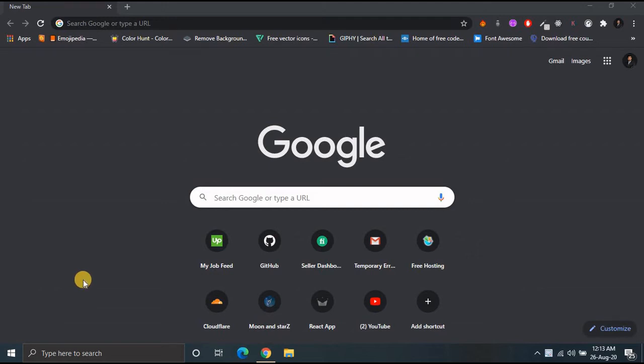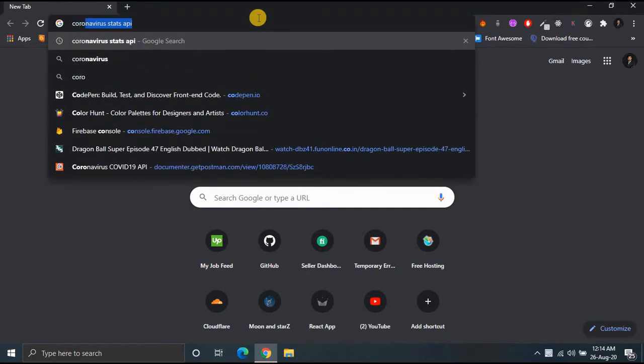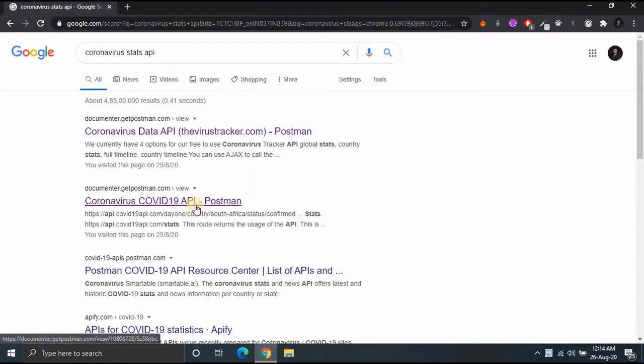Hello, today I'm going to show you how we use Ajax using jQuery, and I'll try to make a website which shows you stats about coronavirus updates. So let's get started. So let's say I've searched coronavirus stats API and I found this link useful, and